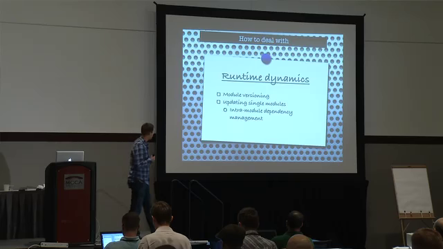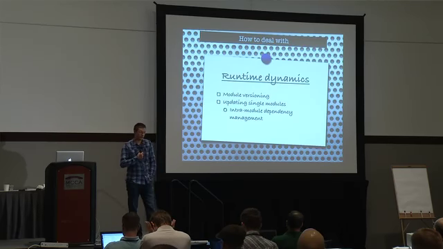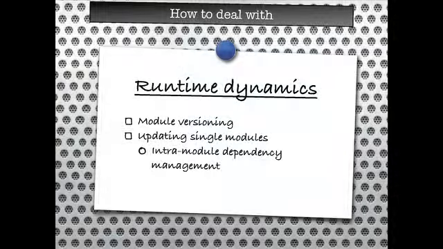And then we want a lot more, because we want runtime dynamics. This is important for the requirements that I talked about when I was talking about the cloud. We want module versioning. So we want to say, well, maybe I want to deploy two versions of a module at the same time. So some code can talk to my old module because they didn't upgrade yet, and some other code can start using my new APIs. Because otherwise it's always hard to change code. And when I want to do deployments, I just want to upload single modules instead of uploading my whole system every time I change a few lines of code.